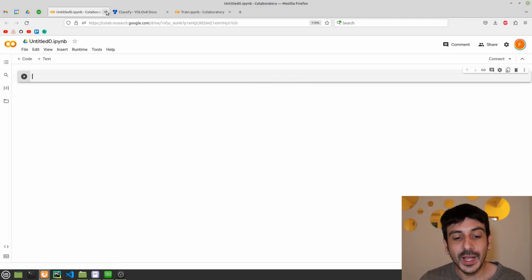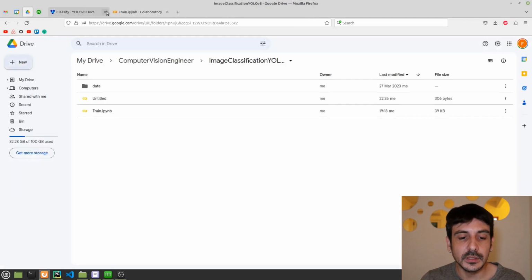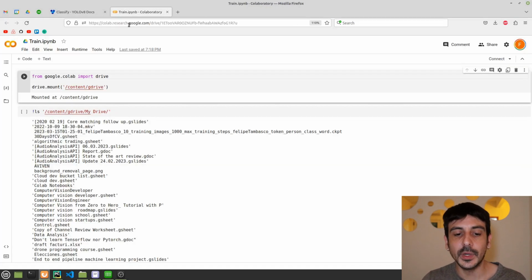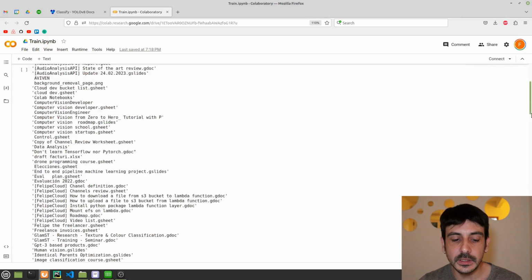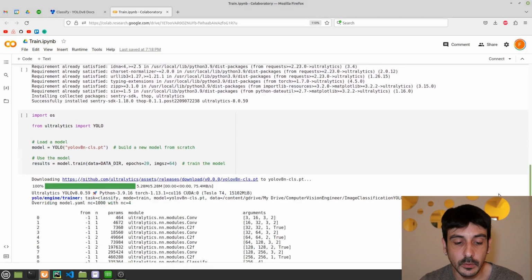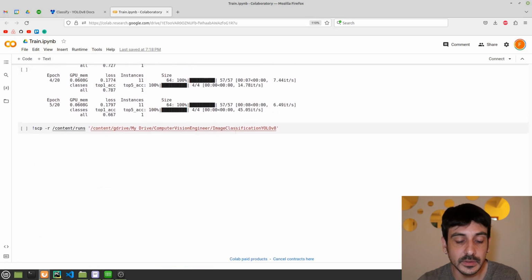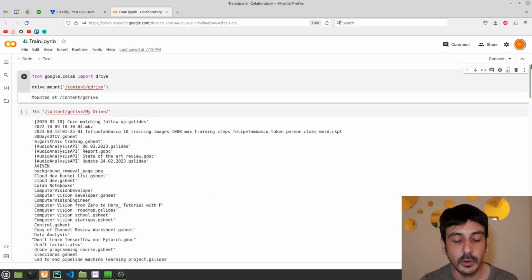Now I'm going to show you a notebook I have already created in order to train this model, which is this one. It's called train.ipynb. And obviously I'm going to give you exactly this notebook in the GitHub repository of today's video, of today's tutorial, so you can just use this notebook if you want. Now I'm going to show you all these different cells, everything that's already written on this notebook, so you understand how exactly to use it and how it works and what exactly you are doing at each step.